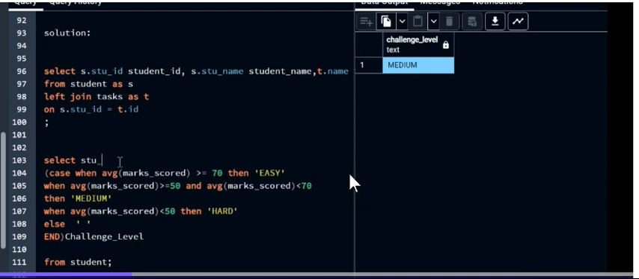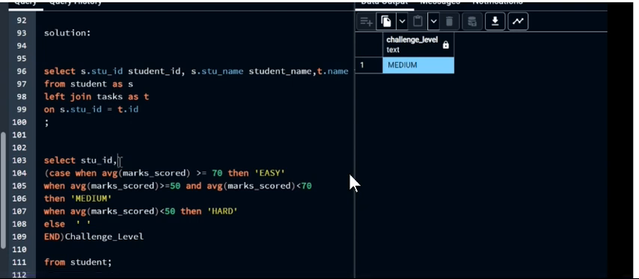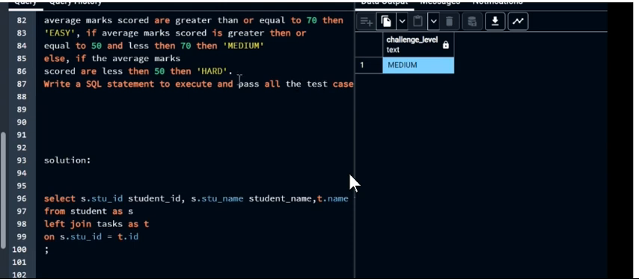Okay, now I see I am just getting medium, but I want it by all the student IDs. So what will I do? I add this column as student ID. Now if I have added the student ID here, I need to group my result with a group by from student ID. So I'll add it in the group by clause, and then